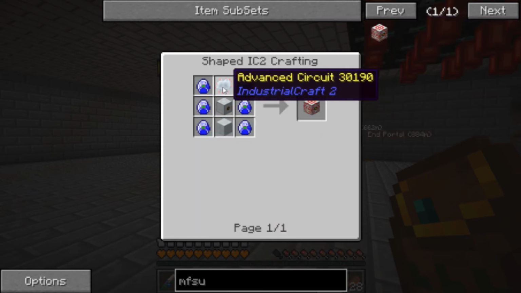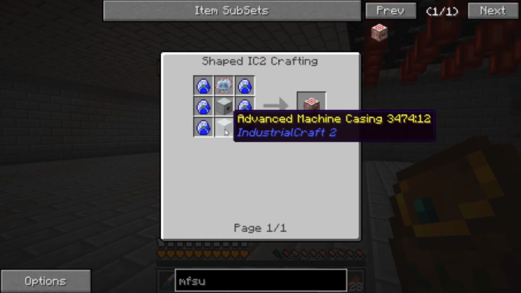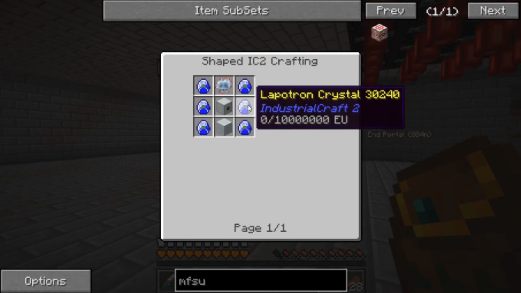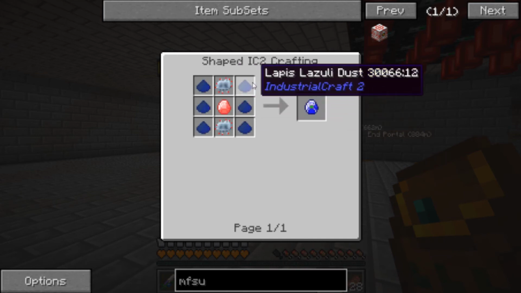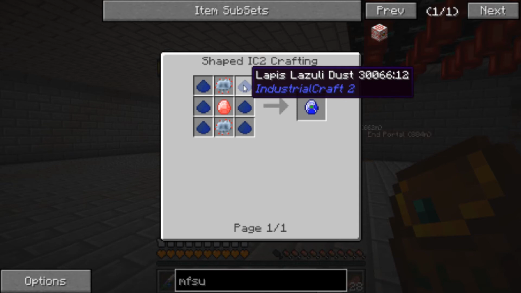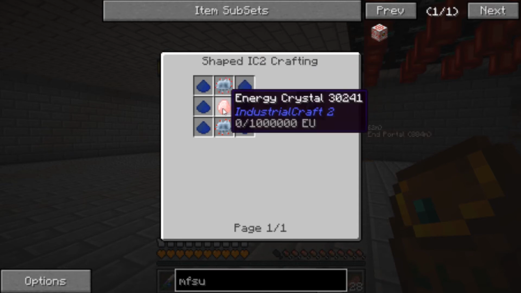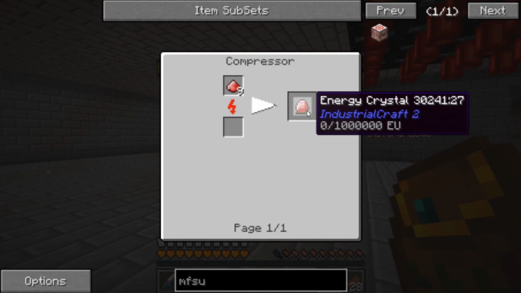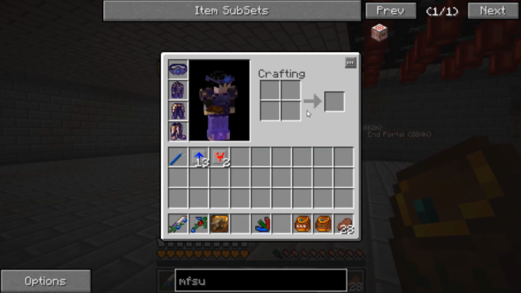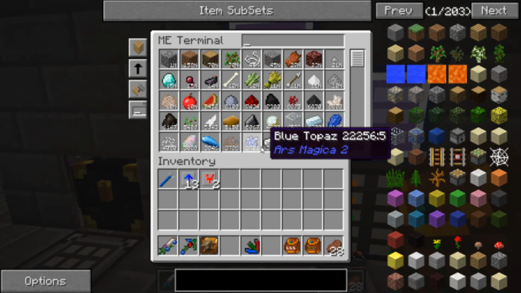Alright, so the MFSU is going to require the advanced circuit, an MFE, which you already have 4 of, and the advanced machine casing. And, of course, the Lapotron crystals. Lapotron crystals require lapis lazuli dust, ground up lapis lazuli, advanced circuit, which you've already taught the system how to make, and energy crystals. Energy crystals are energium dust compressed down. I would teach the compressor to automatically compress all the energium dust, but at some point we're going to actually use that stuff